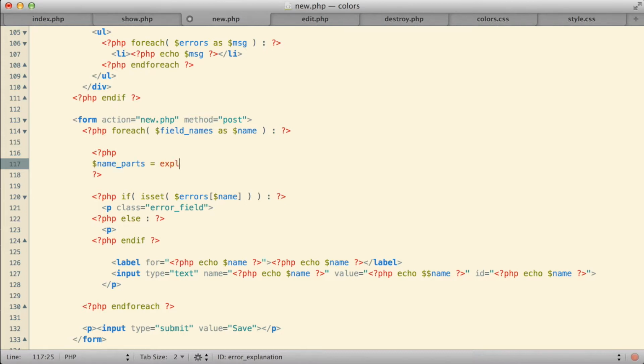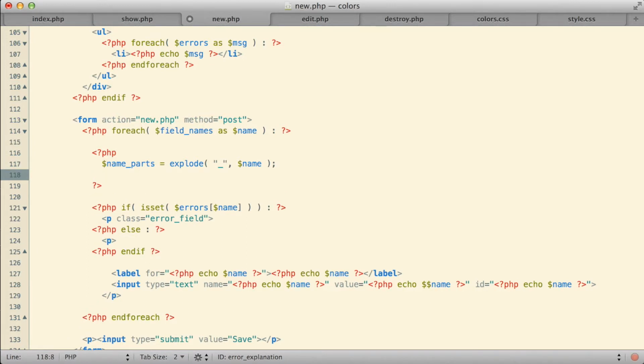And to get the name parts, I'm going to explode the name on an underscore character. So basically take the name with that underscore in it, explode it, so that should essentially then become a two-element array. Now what I actually want is not a two-element array, but I want to put those two parts back together again.